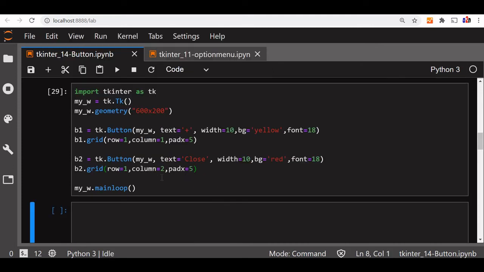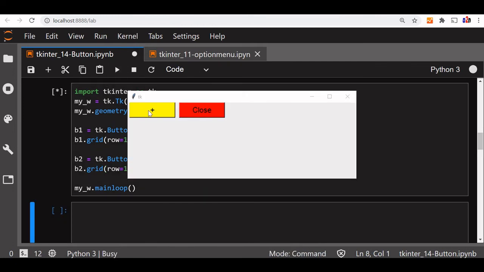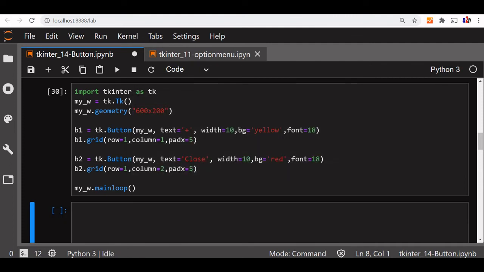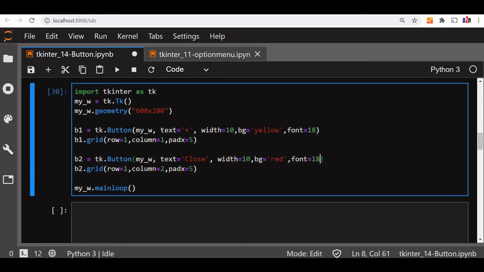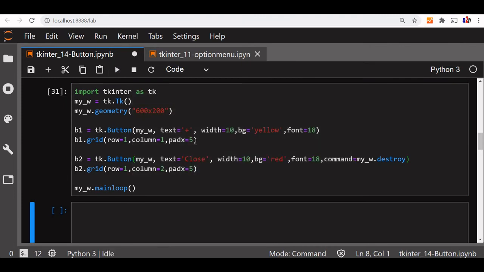This is our tkinter window with two buttons. No functionality is added to any button. Just let's check the output here. So you can see nothing is added, only those two buttons we have displayed. Now to this we will be adding the functionality. Let's add one command. This second button is used for closing the window. So myw.destroy. That's all. This will close the window. Let's check it once. We have opened it, closed. Fine. So this is working.